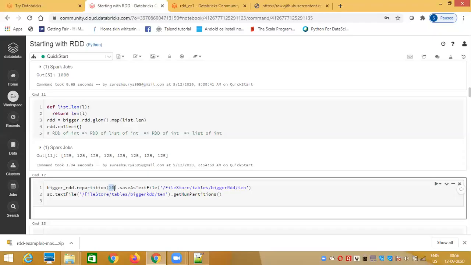There are functions to change the number of partitions also. A lot of questions will come, like why I would need to change the partitions, and what will happen: will it change in memory or will it write the data to disk? All these questions should come to your mind. We'll come to that. But here, the moment you call repartition 10, your data is now changed to 10 partitions in the RAM of this 10 node cluster; earlier you had 8 partitions.